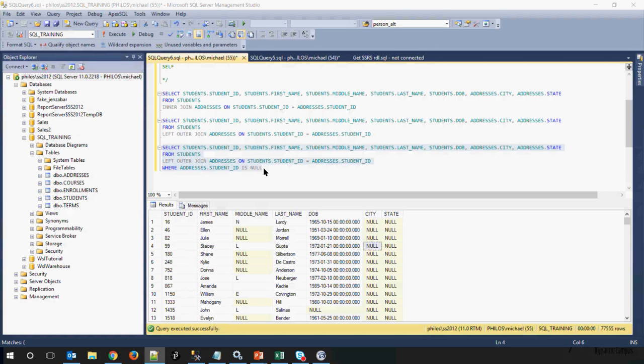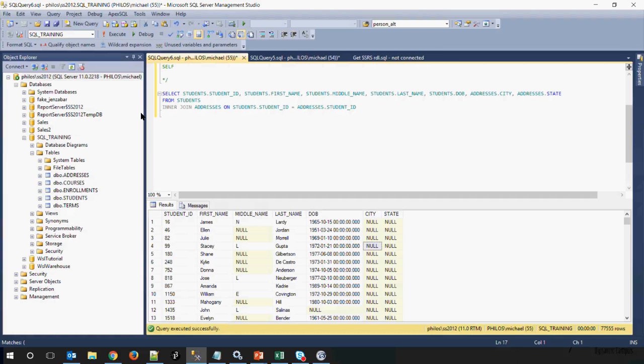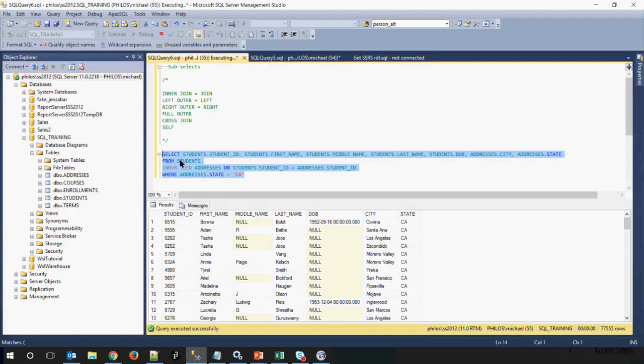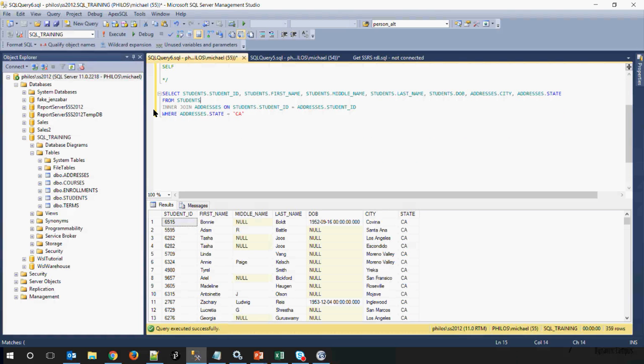Let's see here. Now let's go back to our inner join. Delete this. In my inner join, I'll say where addresses.state equals California. Let's find all of our students who live in California. I have 359. If I change this again from an inner join to a left outer join,